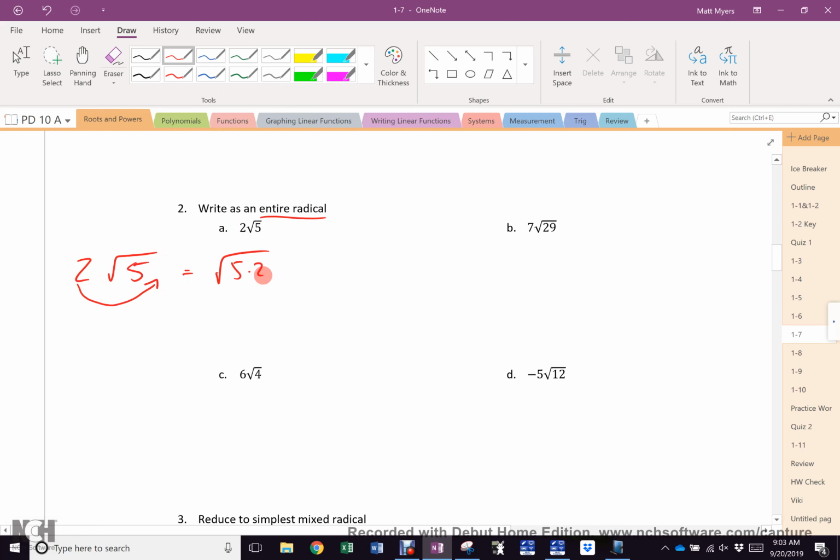Root 5 times 2 squared, which is root 5 times 4, which is root 20. Everybody cool? Okay. 7 out there. How many 7's were under there? Square root 29 times 7 squared, which is square root of 29 times 49, which is square root of